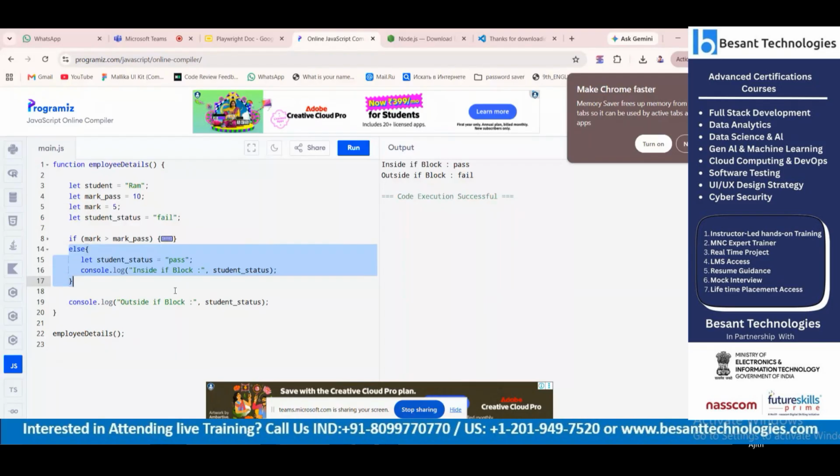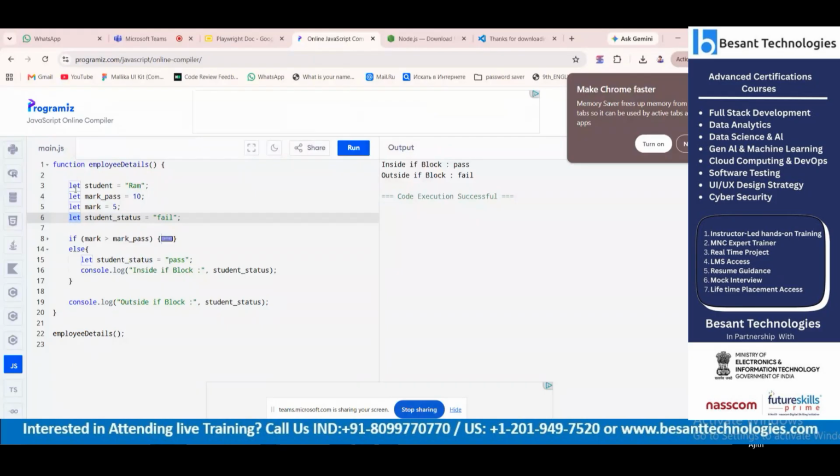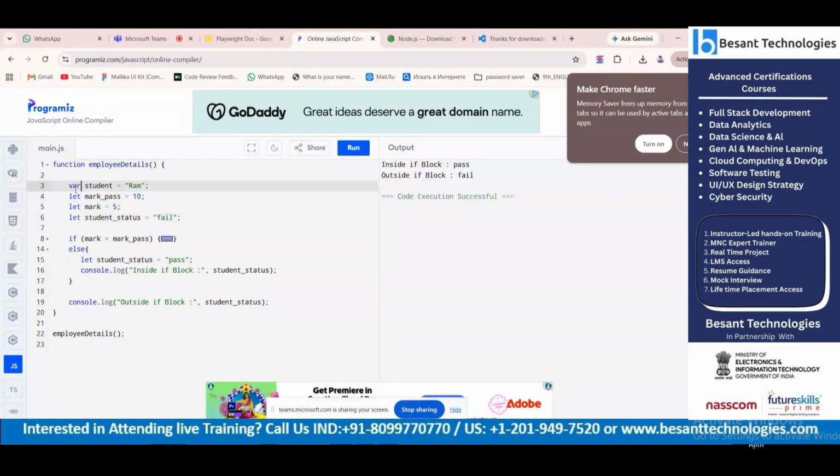Then it automatically changes the status from fail to pass. Correct? The reason is that inside I declared this variable again with the same variable name, student status. But if I'm using var instead of let all over here,